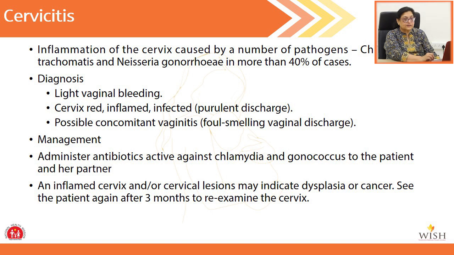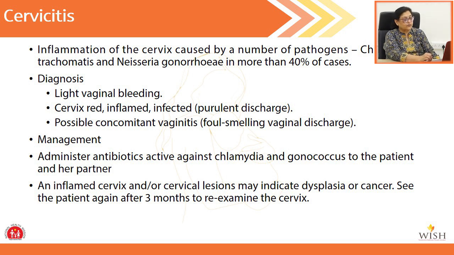Now, there are 2 more causes I will be telling you about, other than abortion, vesicular mole and an ectopic, which may cause bleeding in the early weeks of pregnancy or before 20 weeks of pregnancy. And one that we miss out is cervicitis. Inflammation of the cervix caused by chlamydia or Neisseria gonorrhoeae